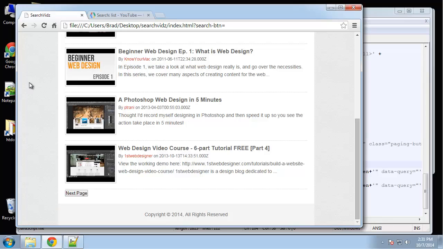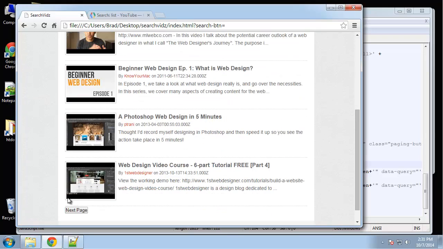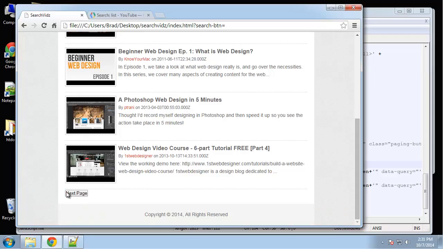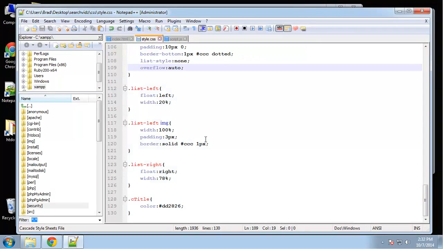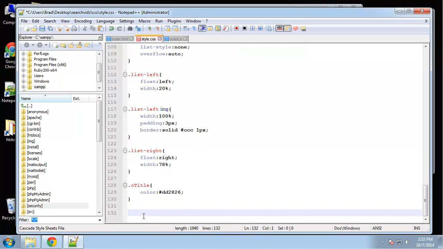Alright guys, so we have the results displayed fine, and we have our next button, and it's not doing anything yet because we haven't created the next function which this is going to. But before we do that, I just want to make the button look a little better. So I'm going to go to the CSS, and first of all, the button container,